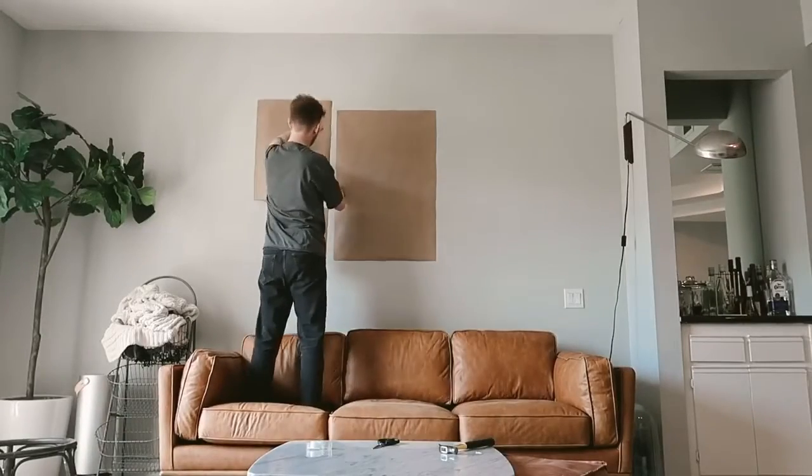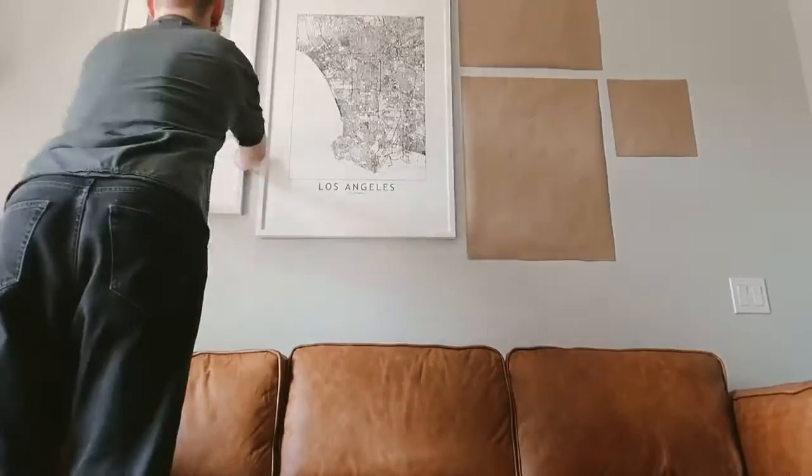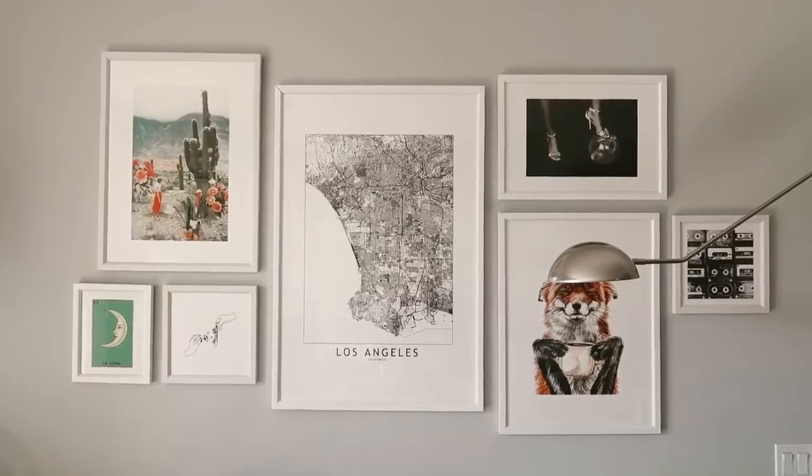Now what we want to do is build upwards. And what does that mean exactly? That is to use your vertical space to your advantage. So as you can see behind me, I have a really large gallery wall. This isn't very key for every single small apartment, but I do have space for a gallery wall in my personal apartment. First, what that does is when you walk into someone's space, instantly it draws your eye from the floor to the ceiling because there's a lot of stuff to look at, and it makes your apartment just appear